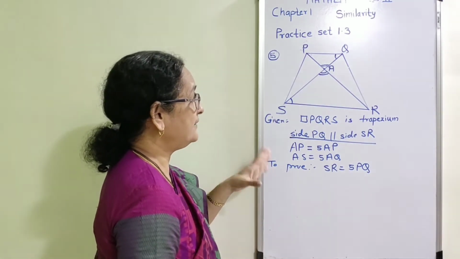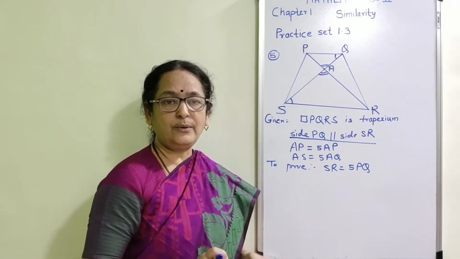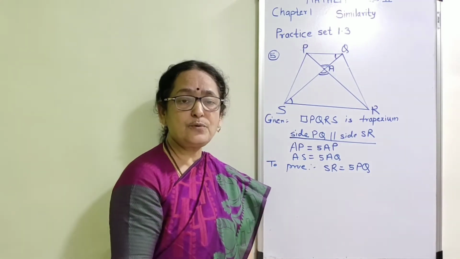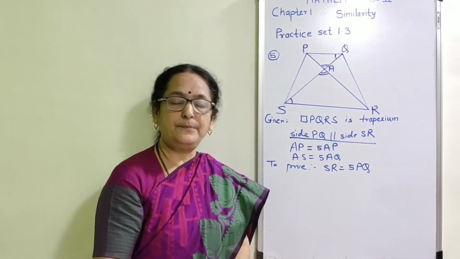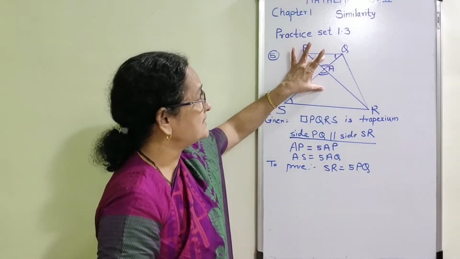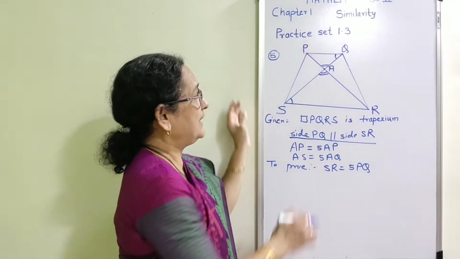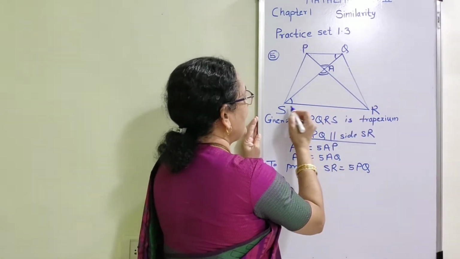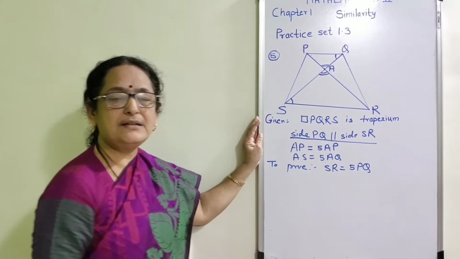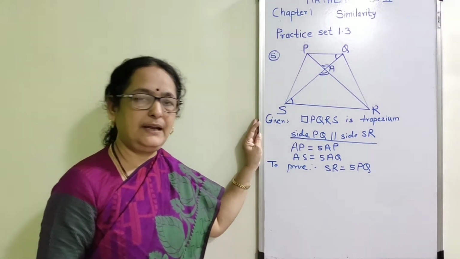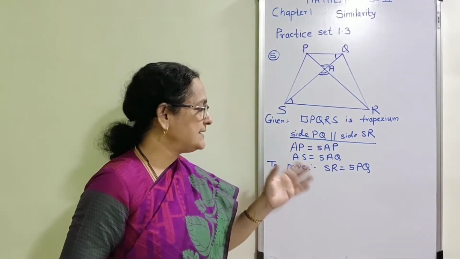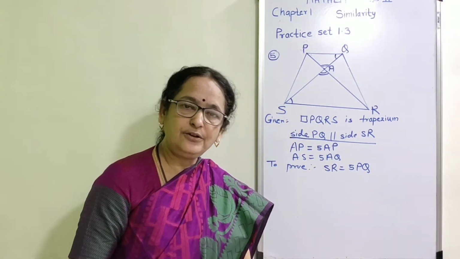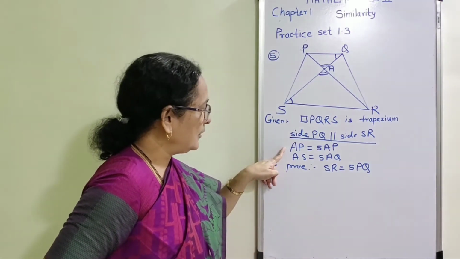Since I have all three pairs, there is no need to write all three pairs. Here I can write only two pairs of congruent angles and prove that these two triangles, triangle PQA and triangle RSA, are similar to each other by the AA test of similarity. And since the triangles are similar, the corresponding sides are in proportion. Write those sides, then observe what is given.